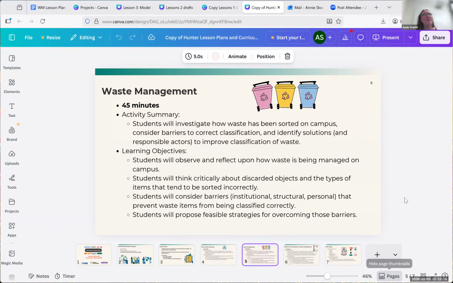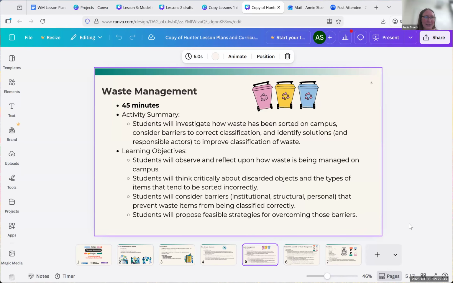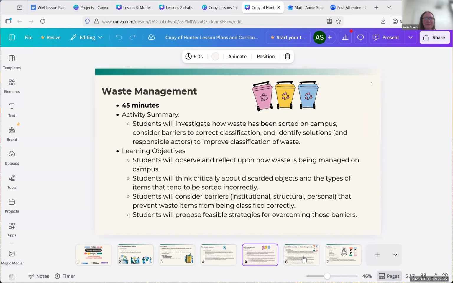They come back with those observations, and we think together critically as a class. Have students been sorting items correctly? If not, do we see any patterns in the items that they're not sorting correctly? And can we think critically about how we might be able to lower some of the obstacles for correct sorting of different items on Hunter campus?